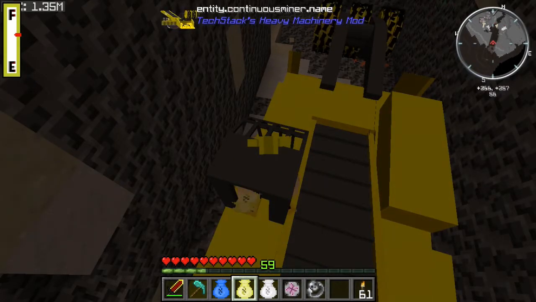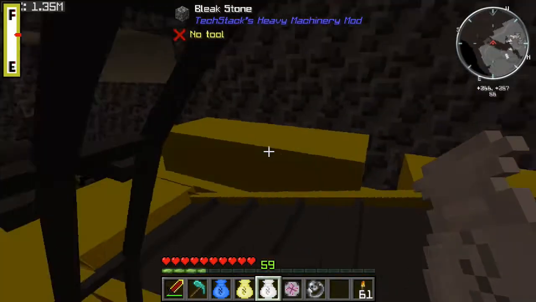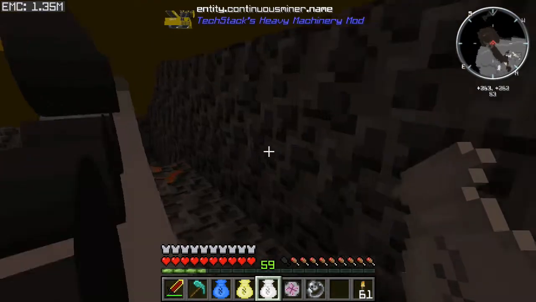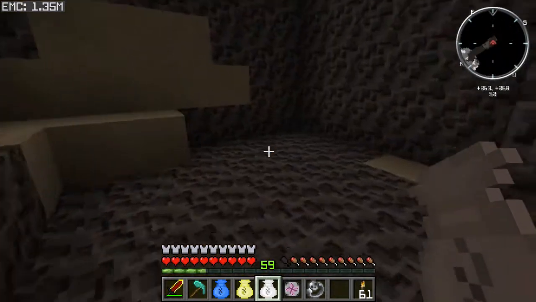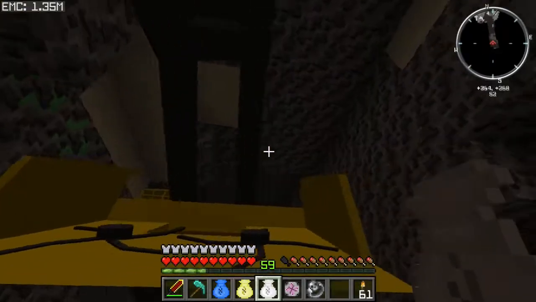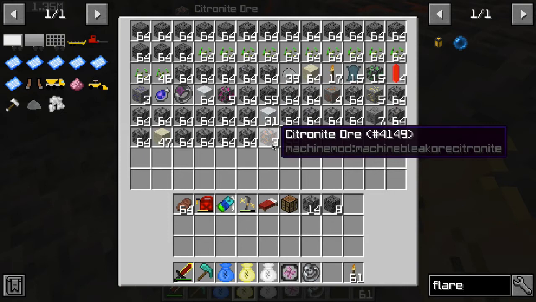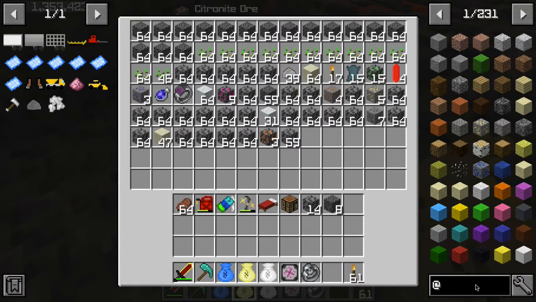Let's make sure it's all going into the bag. Can't open the bag when I'm on the continuous miner. I don't know why. I think I have before, but it doesn't seem to be working at the moment. So yeah, let's see if we're getting some. There's a new type of ore, citronite or something like that. Citronite. There's another one up there, I think. Citronite. Yeah. Okay. So citronite, and let's go ahead and look at the ores and see what the variety of them are